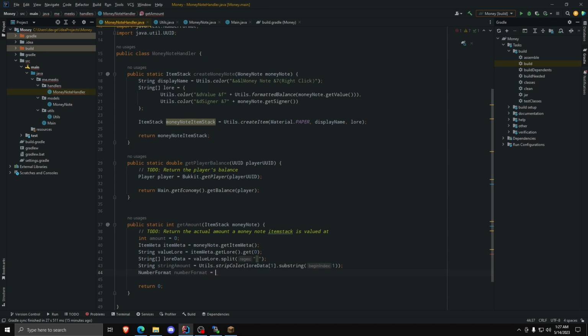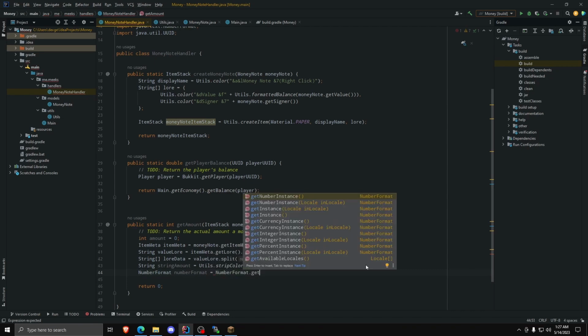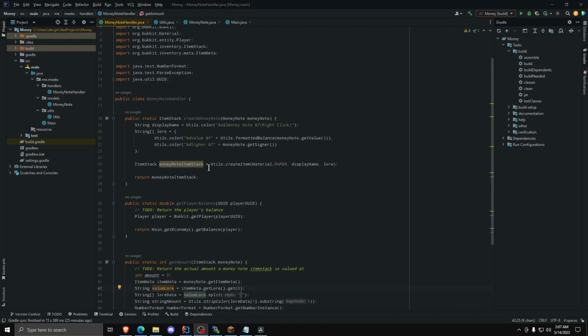Just call it NumberFormat.getNumberInstance. All right, so I'm here in the future just to explain this a bit better than what I did. So with this